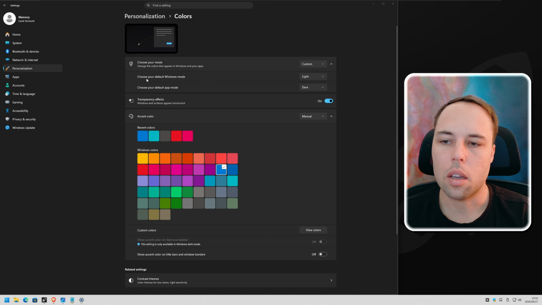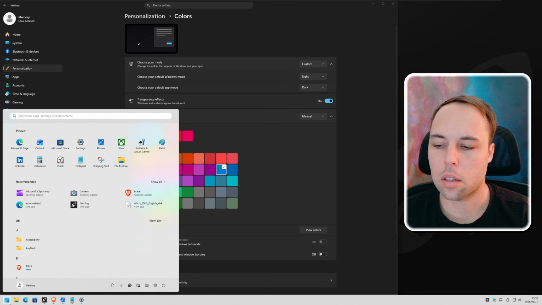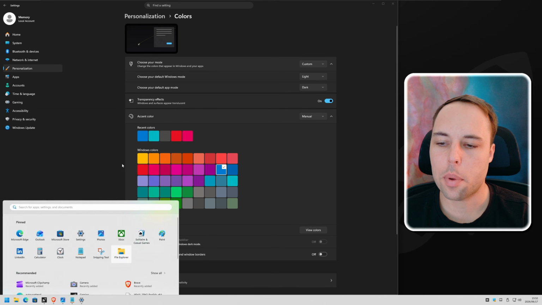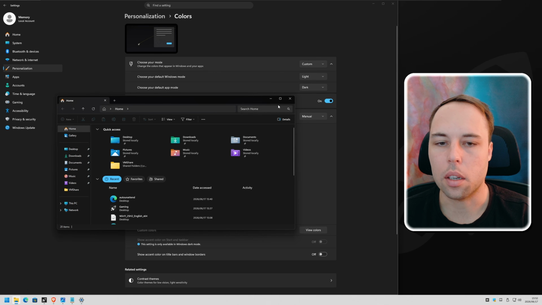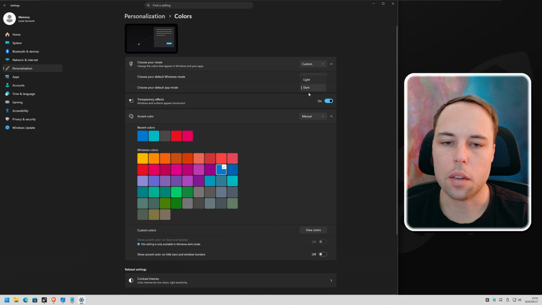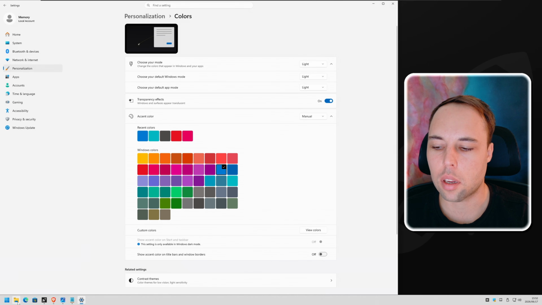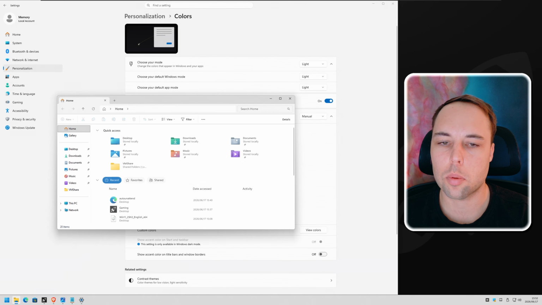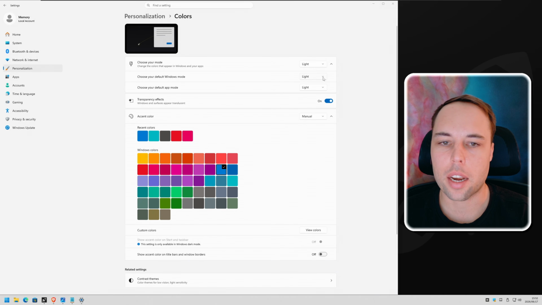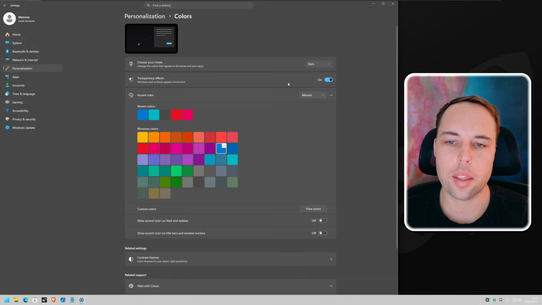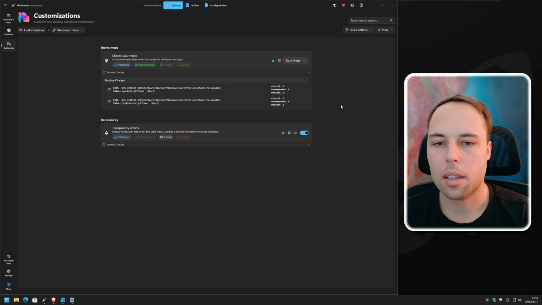So if you set the Windows mode to light, for example, it'll change the taskbar and the start menu and stuff. But if you open the File Explorer, it'll still be in dark mode. But if you change the default app mode to light, then everything will be in light mode, including the Explorer. So this user wants more granular control over those two, and basically to have it behave the same way that Windows does. So I get that. At the time of this video, it's not possible. Those two options are just lumped together in the same setting.